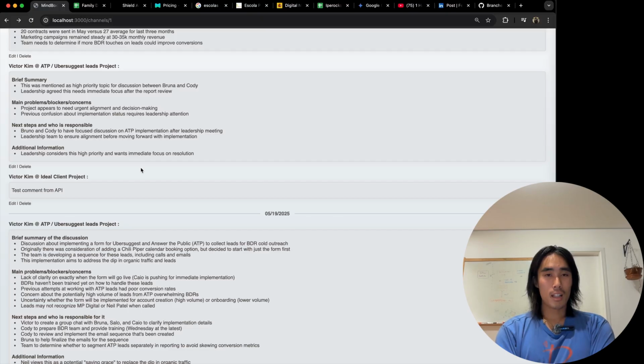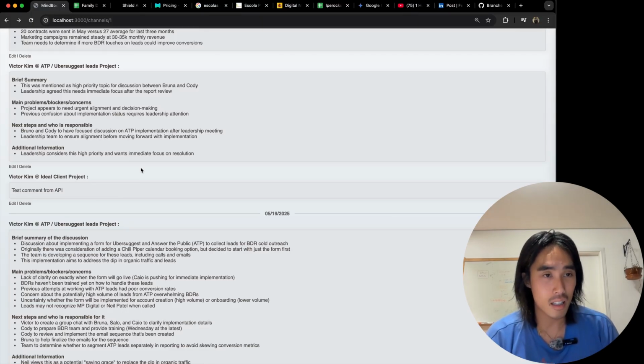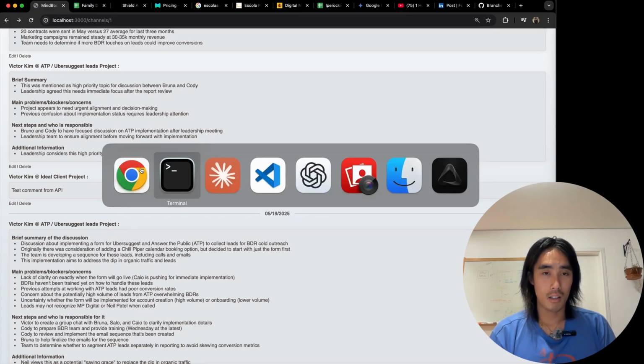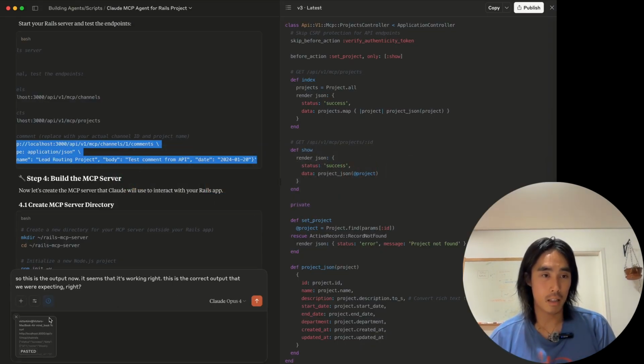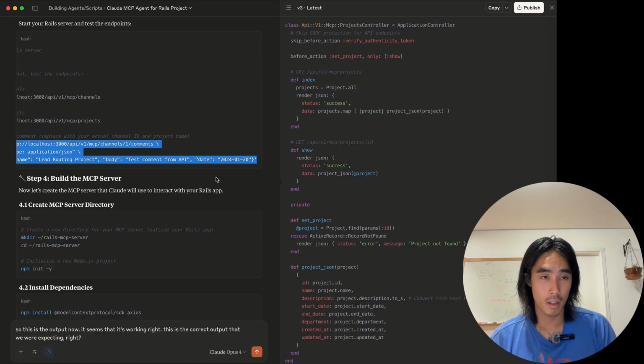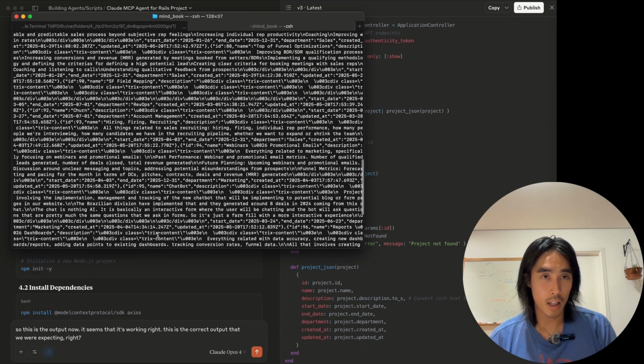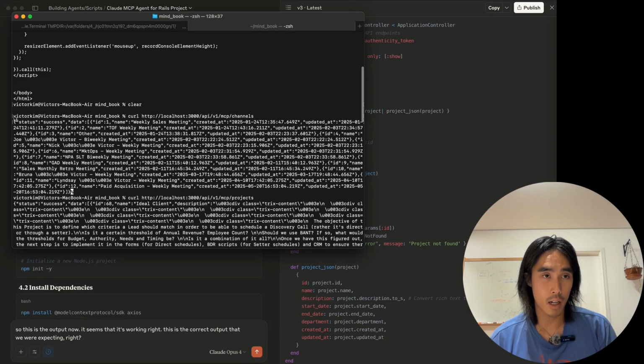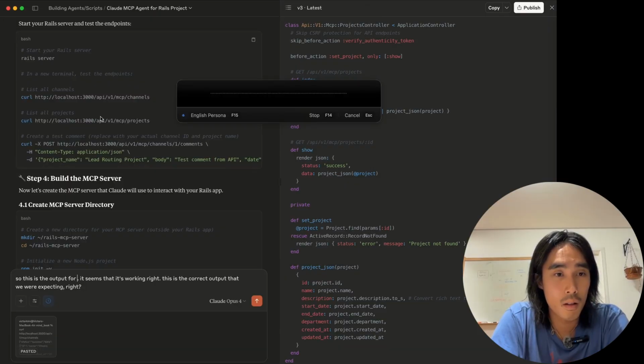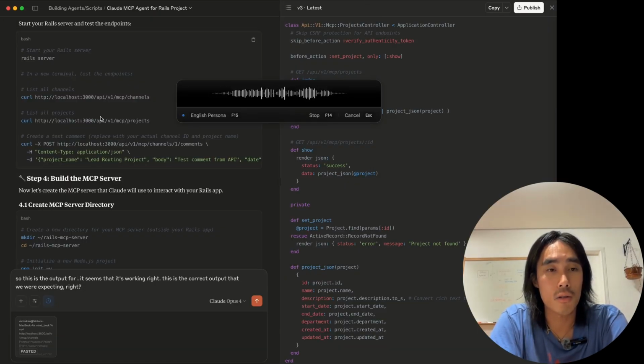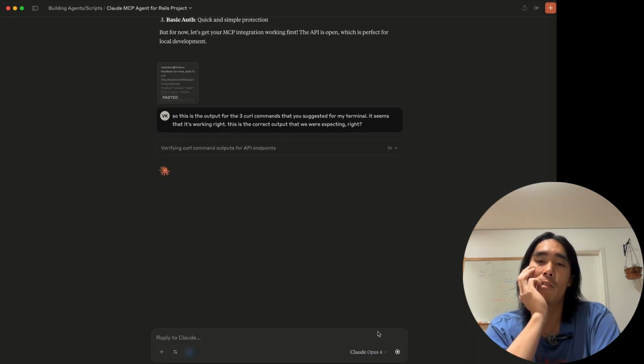So now it seems that things can happen behind the scenes directly in the front end. This is amazing. I know it's working now, but I'll just make sure, right? The 3 curl commands that you suggested for my terminal. Okay, before,